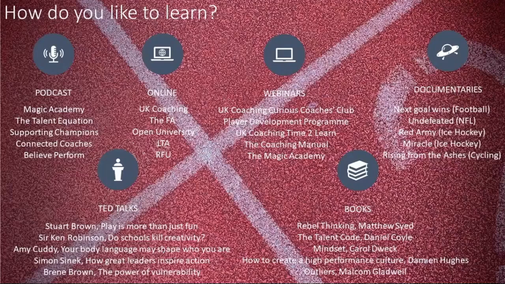So 2 points there really, about what the FA are doing now. The level 1 course is amazing. It's really good work that's happening. And again, I know Mitch Woodward quite well. He trains my boys on a Tuesday afternoon at school. And it just seems like everything, especially through the FA, is now joined up. And it seems like something is really working. There's this positive nature that's happening.